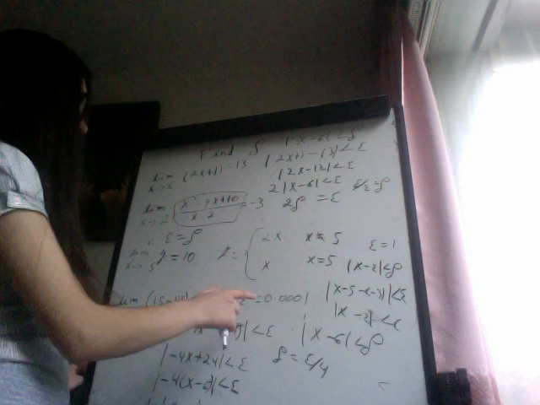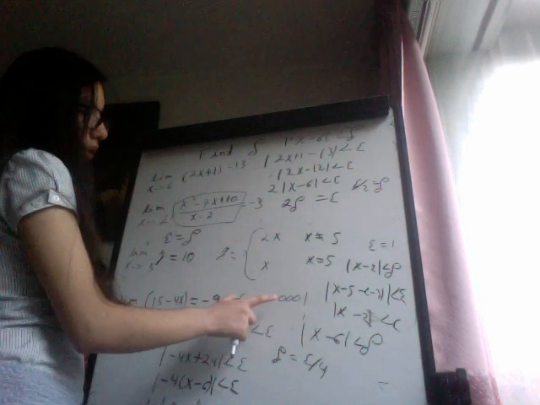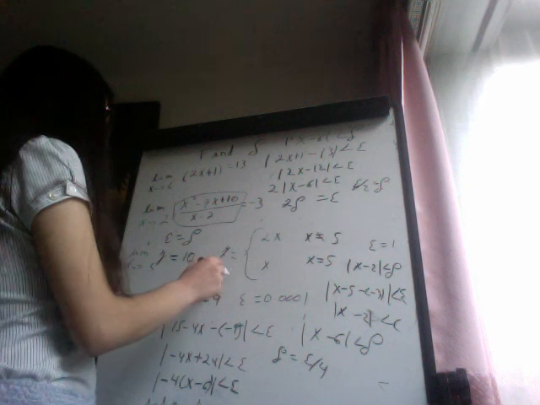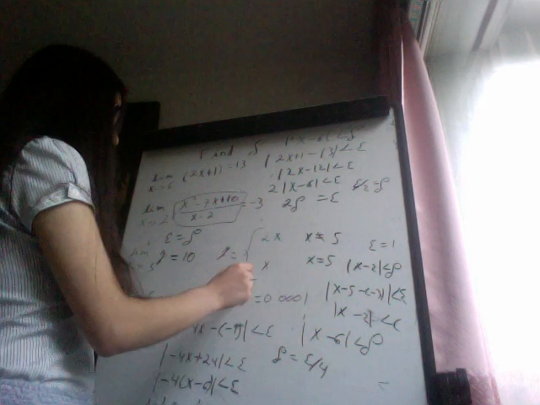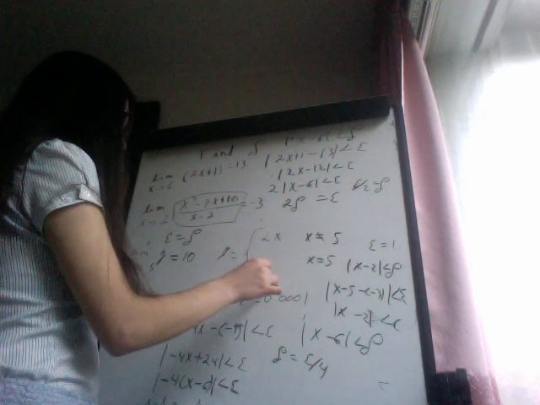Our epsilon is 0.0001, so delta is equal to 0.0000